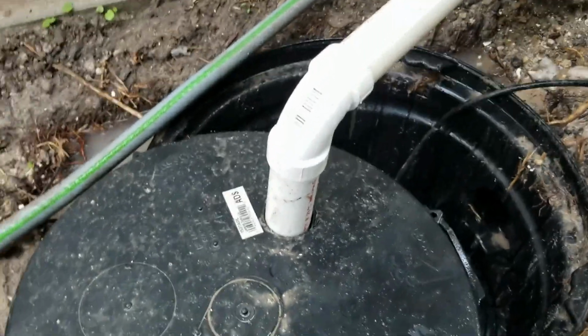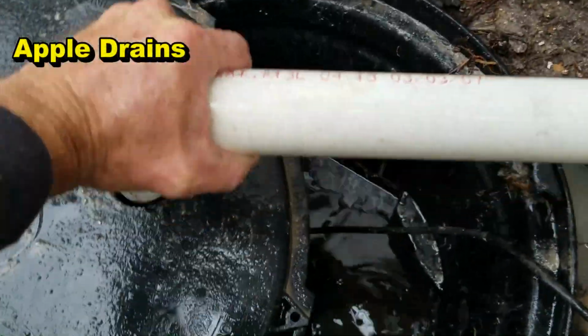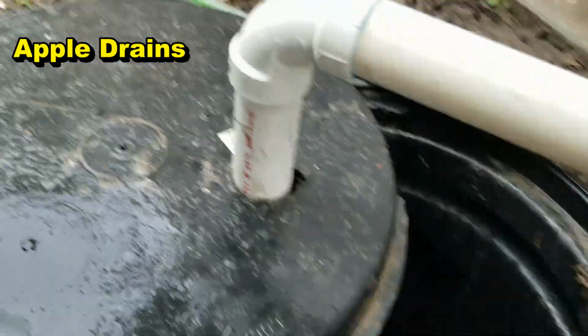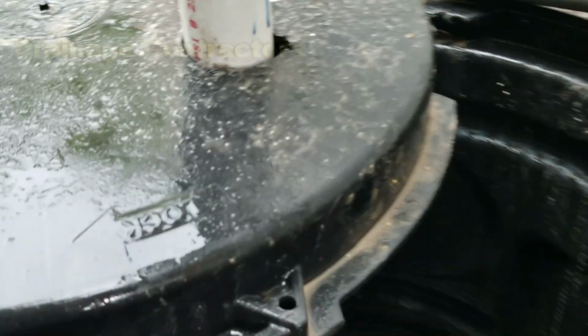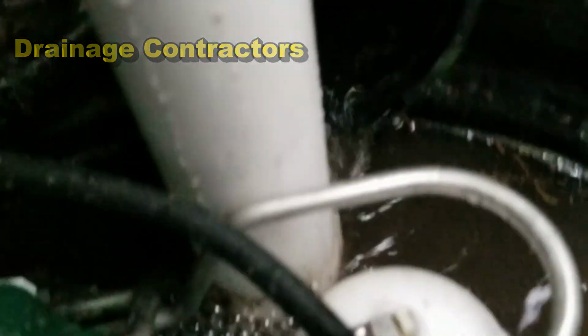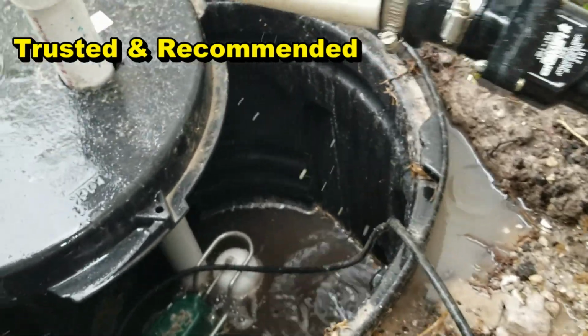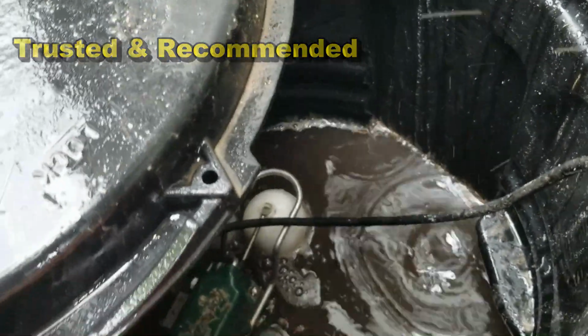So here's the sump pump where it discharges, and even from just that little tiny rain, if you look carefully, you'll see that water coming out of the discharge pipe. Let me get down there. You see that water coming in? It's filling up the pit. The float's almost up. It's going to kick on here any second, and it's going to discharge out front. We'll watch that kick on here. Well, it may stop, but I'll go ahead and kick it on here for you so you can,